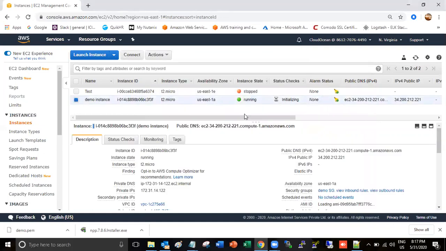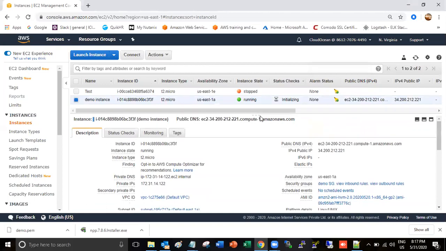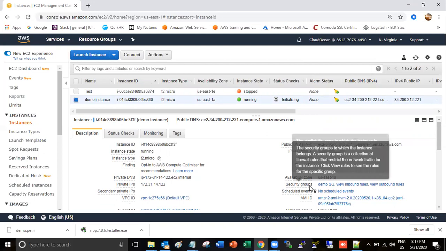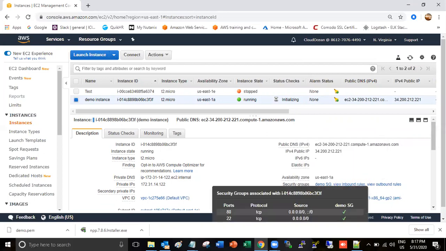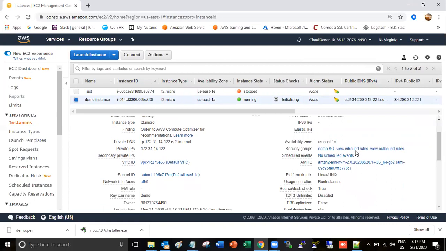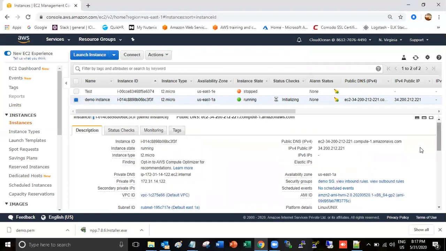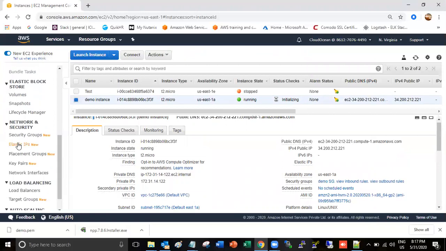When you click this instance, you will get the instance ID, public DNS and the public IP, the instance type and the security group, that is, what inbound rules you have allowed. These are the details you will get from here itself, and the VPC and subnet details, everything is available from here. The private IP is also there. If you want a static IP, then you have to go to the Elastic IP tab.